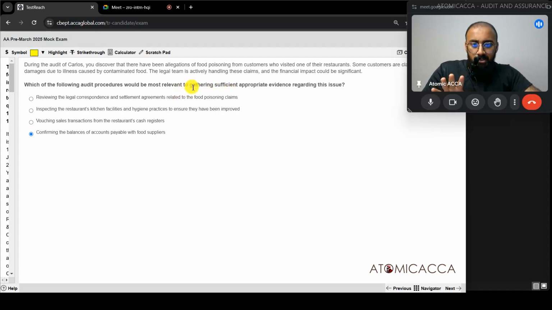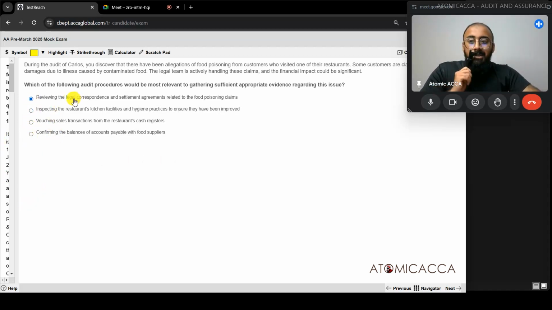So they just told sufficient appropriate evidence. They didn't specifically tell any assertion over here. So what you have to see over here is not anything about assertion. You have to see overall related to a legal case that is going on. How will I get the maximum amount of evidence, which will be most reliable out of this? So that is what I'm going to picture or take out of these options. I don't think I can take multiple options, so it will be any one.